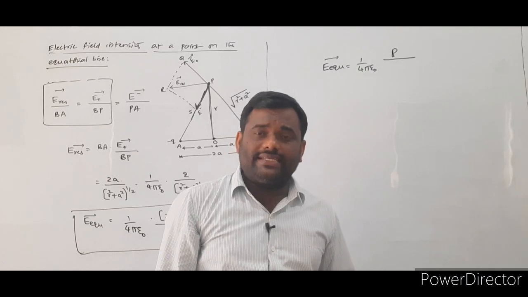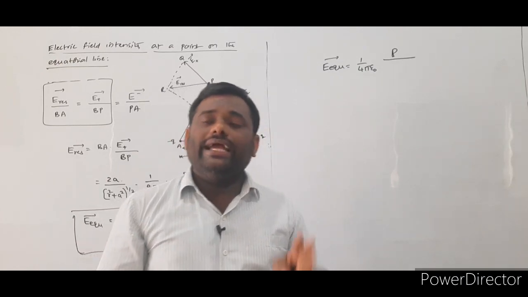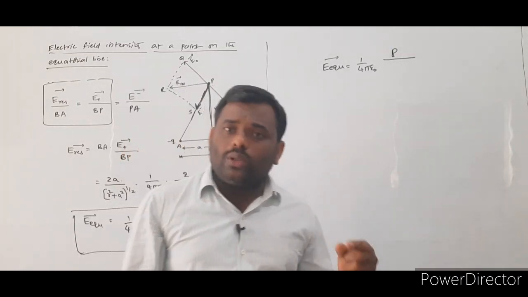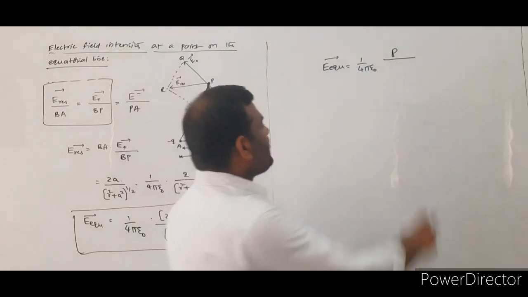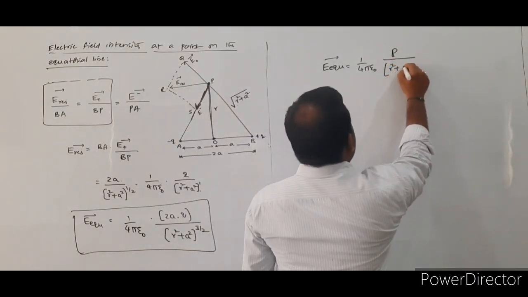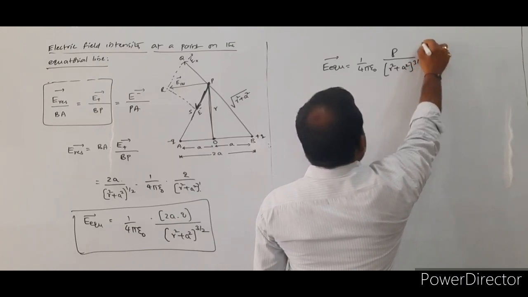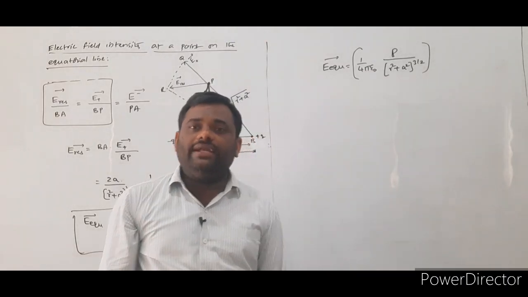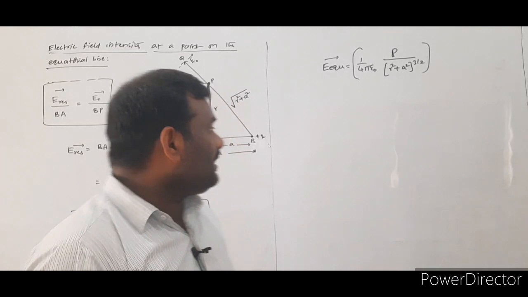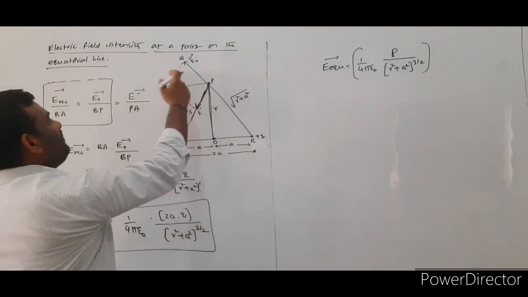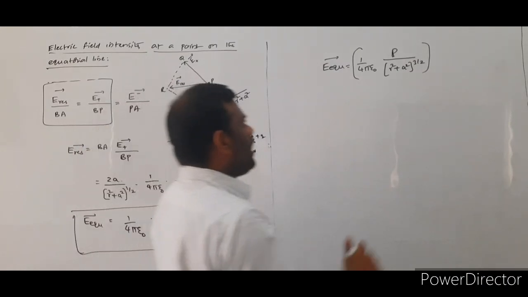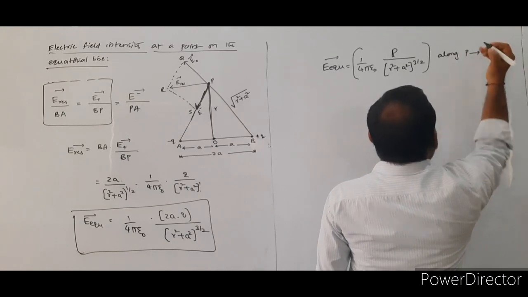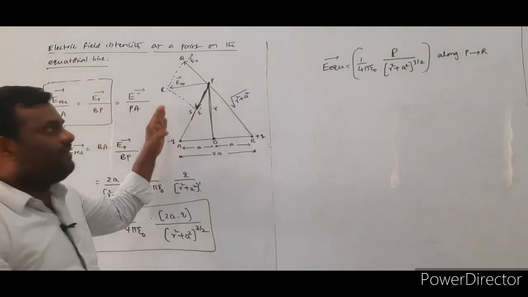Already in the last lecture we discussed that electrical dipole moment is the product of the magnitude of either of the charges and the distance of separation between the two given charged particles. P by this value is equal to r square plus a square whole power 3 by 2. This entire term will be representing what? Magnitude of the electric field only. What about the direction? The direction of the E resultant will be acting along P to R. It is acting from where to where? P to R, which is represented in the given diagram.